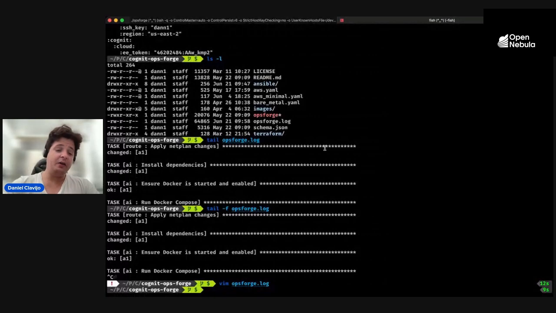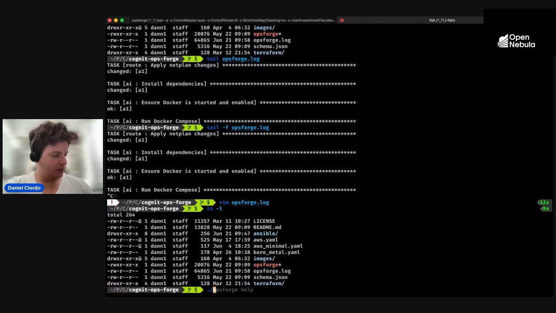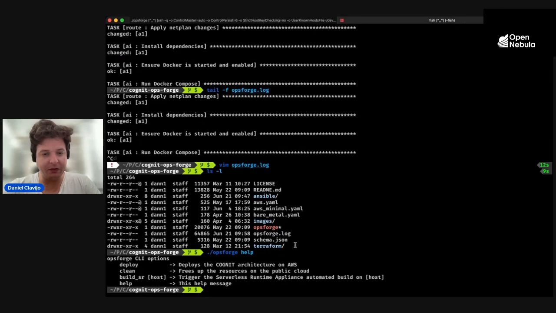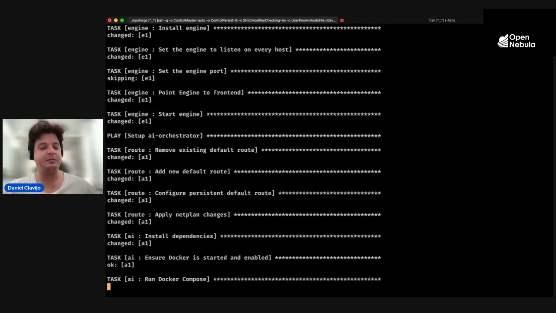So this file will also be deleted when running the cleanup step out of these files, and right now it's running Docker Compose. This might take a while because the AI orchestrator has multiple Docker containers defined on its role, so there's a lot of image pulling that might take a bit, and also setting up the containers. But after that, what is going to be run is